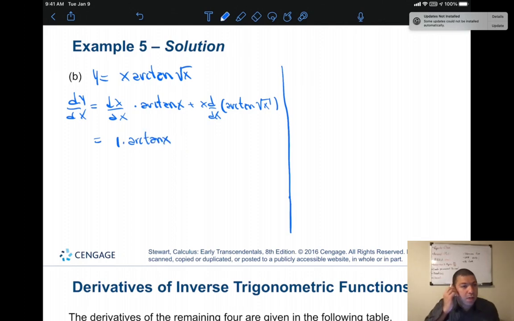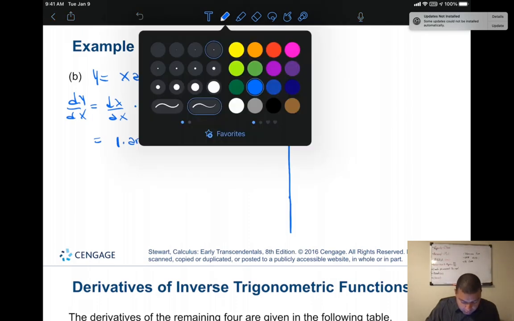But for me, it's more important that you don't get confused than that you write less. So I prefer to write more if it's to have more clarity. Okay, so now that we have it, we have x times, so first we got to find the derivative of arctangent, and we took that from before,